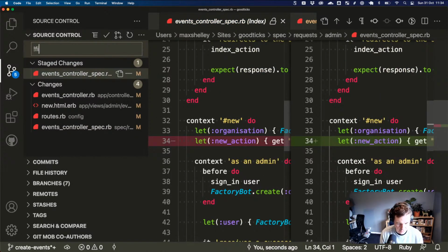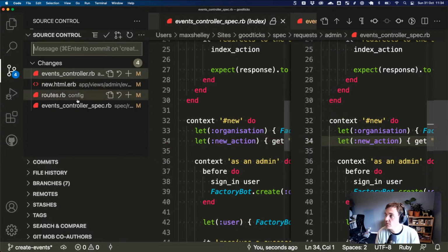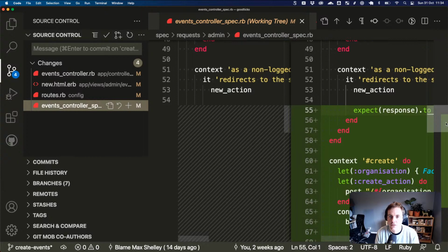I'm not sure why that didn't get included in the other one. Fix new action in events controller spec. I'm not sure that there's anything to fix these up into because I think we might have merged the other ones, but at least take a look at them or give them separate commits or something. And then in here we have a more